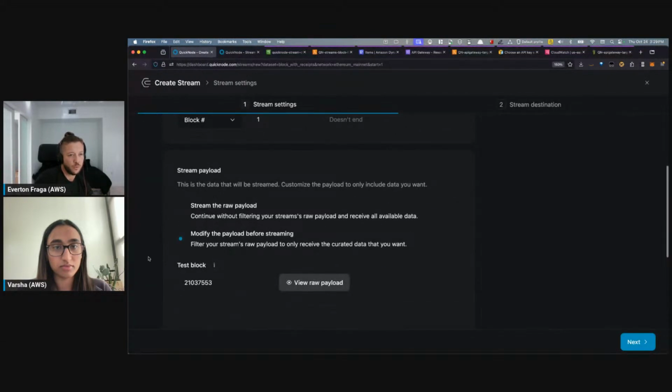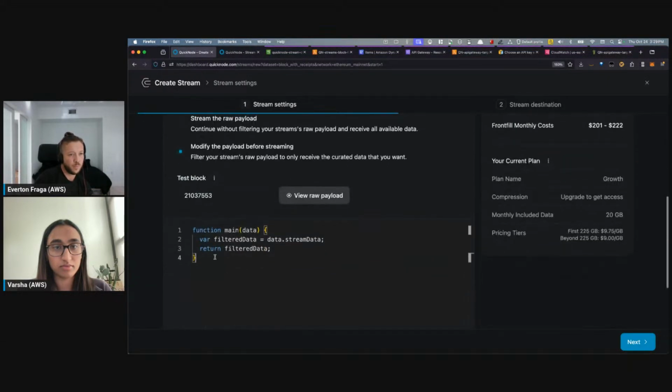And I also used a modified payload, right? This is important because I might not need the entire block body in my application. So in this case, I'm only going to use the gas limit for the block and the total gas used, and then I calculate here in the function a percentage of the block fullness.